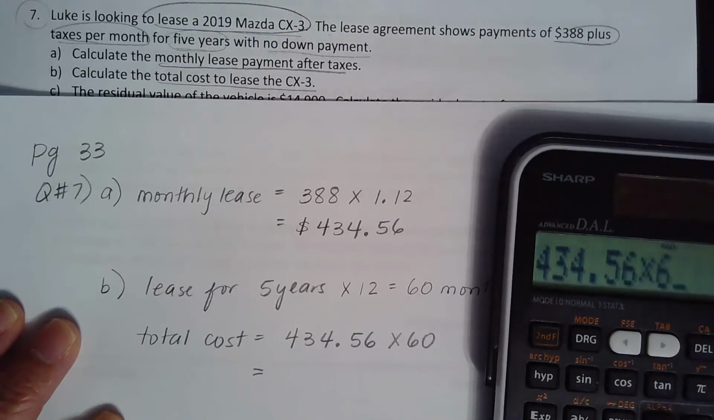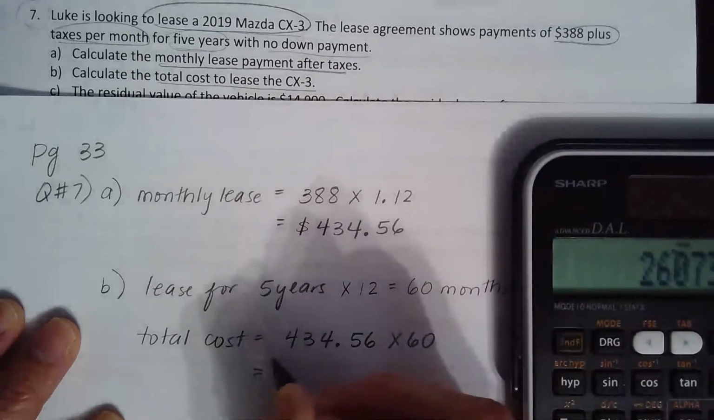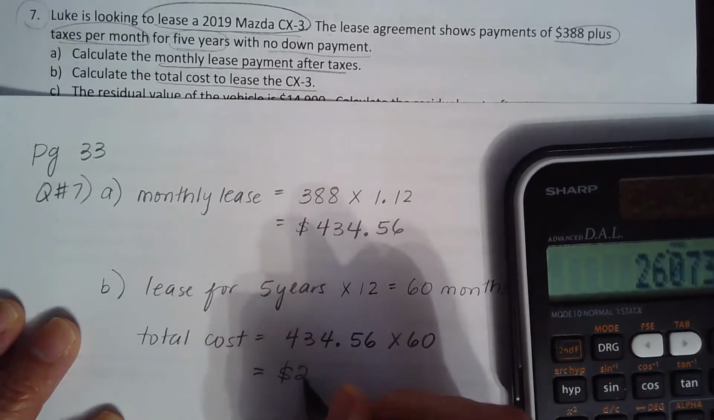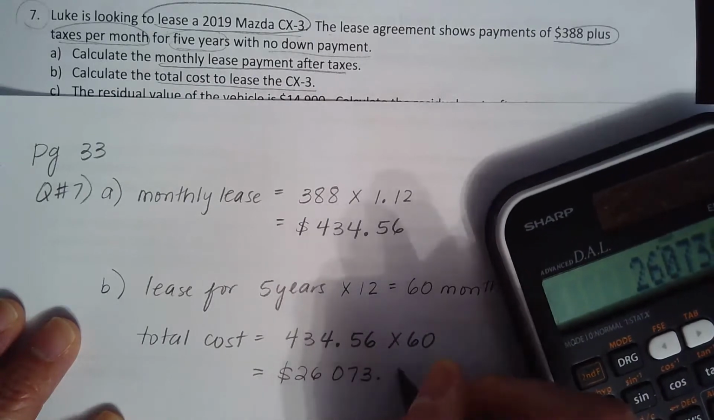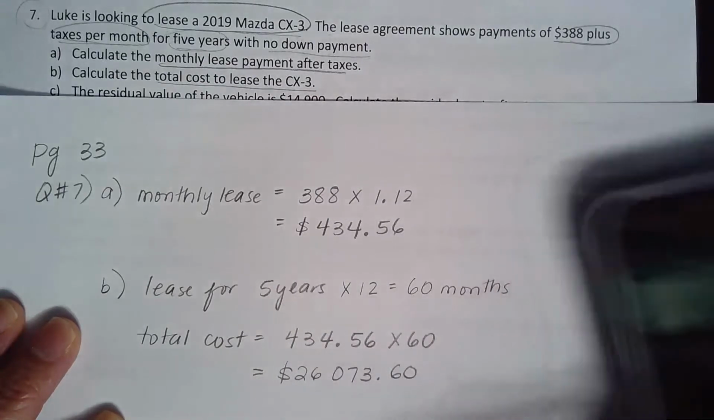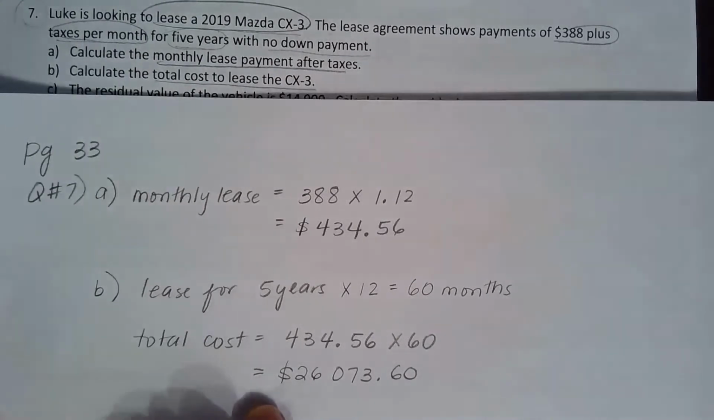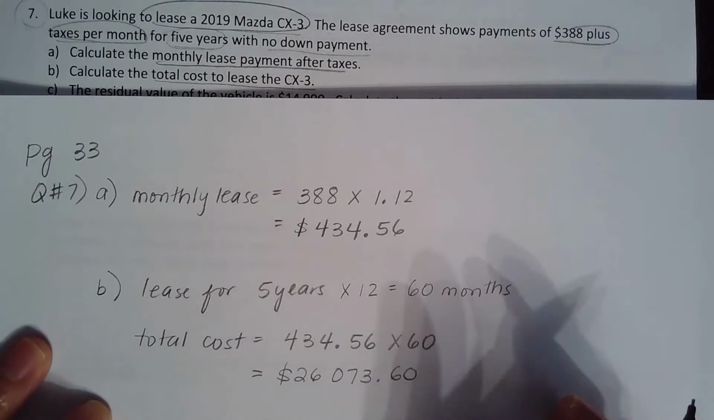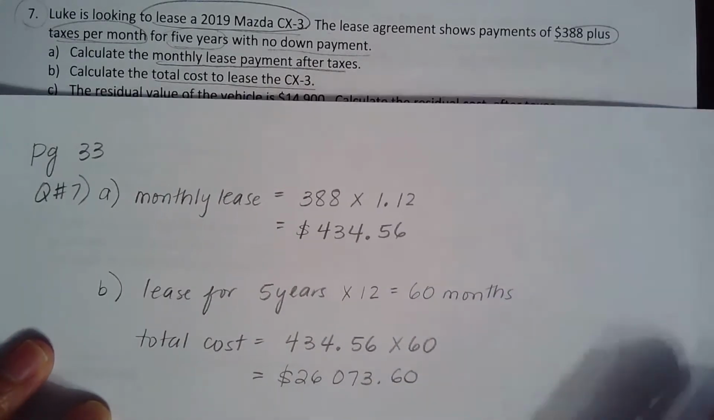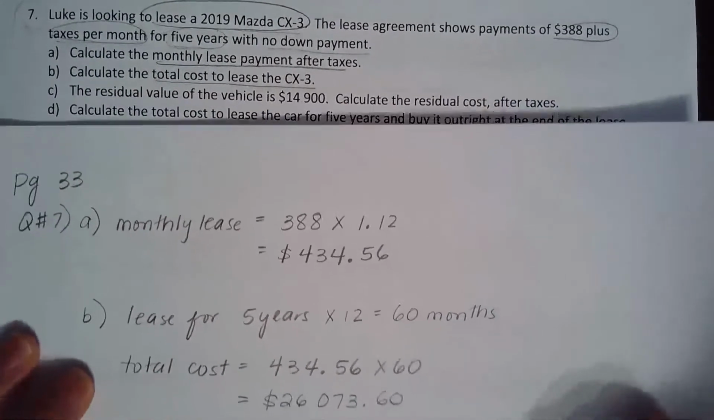434.56 times 60 months is going to be $26,073.60. Okay. In this case, no down payment. So that's it. Number